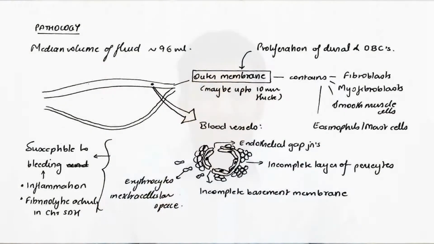So again, what you can see on the screen in front of you is there is an outer membrane and an inner membrane. The outer membrane consists of fibroblasts, myofibroblasts, smooth muscle cells and a lot of inflammatory cells. Now this can be up to 1 centimeter in thickness, and this is the membrane that usually secretes the fluid into the cavity of the subdural hematoma. The inner membrane is relatively avascular, okay, and it's usually adherent. We don't usually tamper with this membrane during surgery.